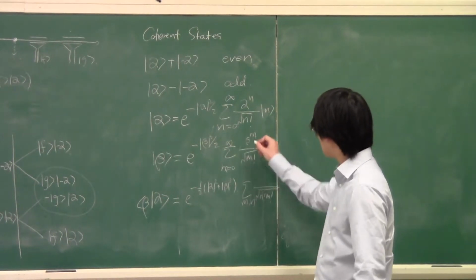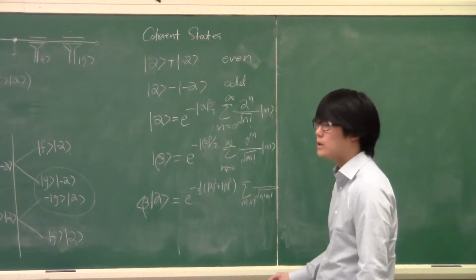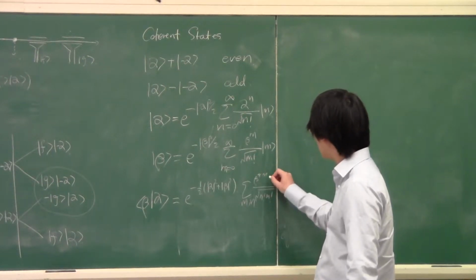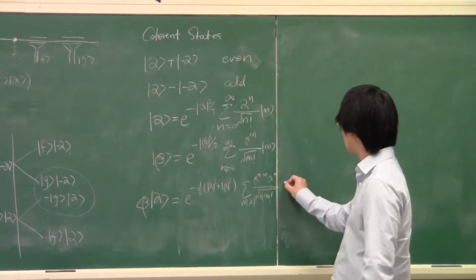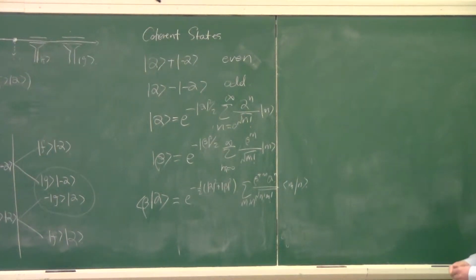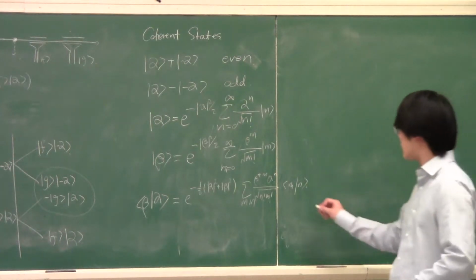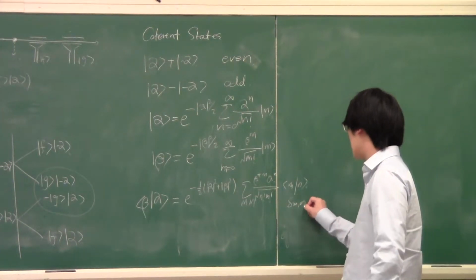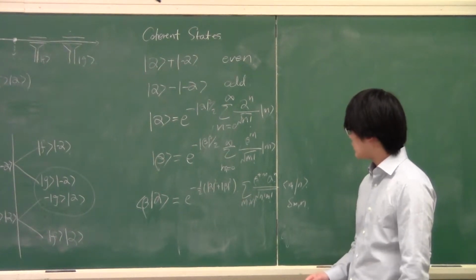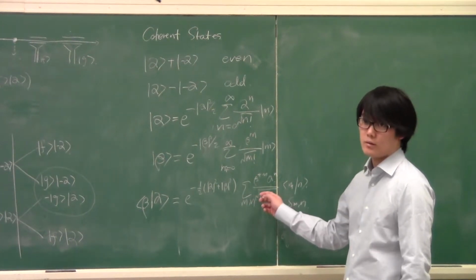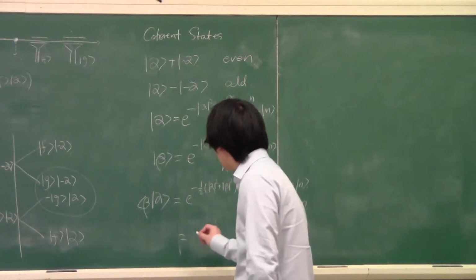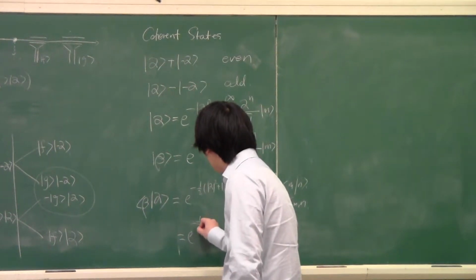The beta is what gets conjugated because that turns into the bra. So beta conjugate to the m, alpha to the n, and then an inner product of m and n, which gives you a Kronecker delta function. This Kronecker delta removes one of these summations, so we're left with a matched term of m and n. So what we get is e to the minus